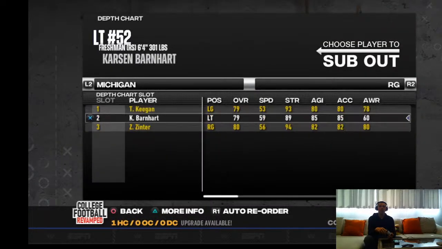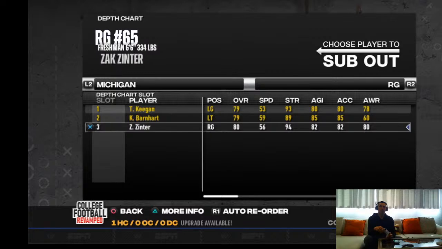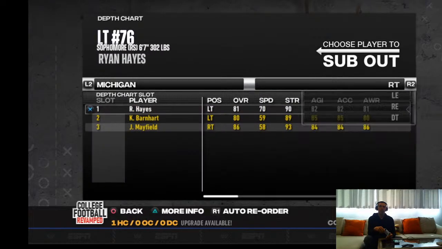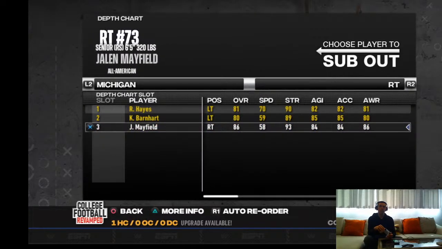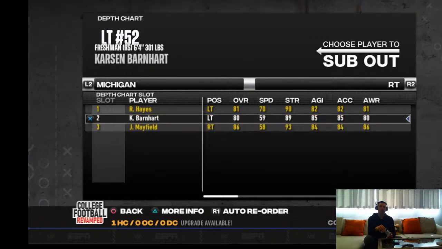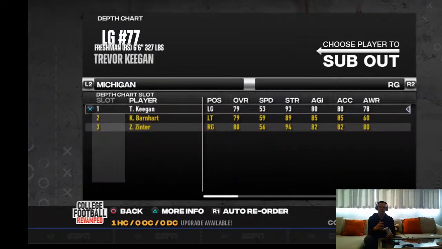So the true freshman who is playing, we just put him down on the bench. And then our senior right tackle is one of our best players, Jalen Mayfield. We are sitting him. One of the things I think about, I do like this sister team setup. I know some other people use it, and they think it's pretty good. And I think the only downfall I see in it, and I'm going to go with it just to see,